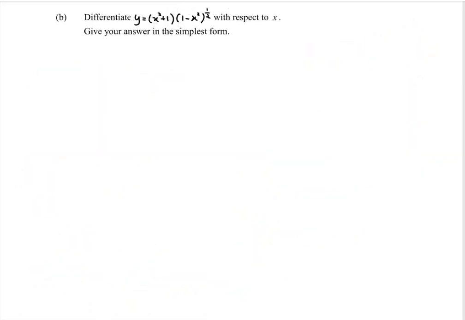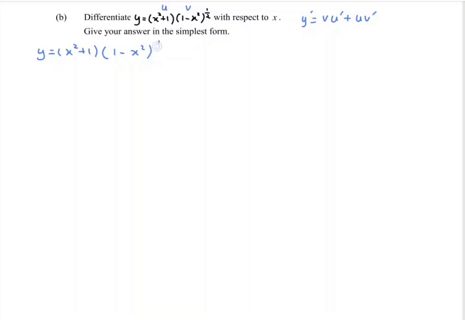Next, kindly refer to part b. Differentiate y with respect to x. Give your answer in the simplest form. In here, my suggestion would be to make use of the product rule, where y prime equals, let's say here we have u and this one v, so v u prime plus u v prime. So let's begin. We have y equals x squared plus 1 multiplied by